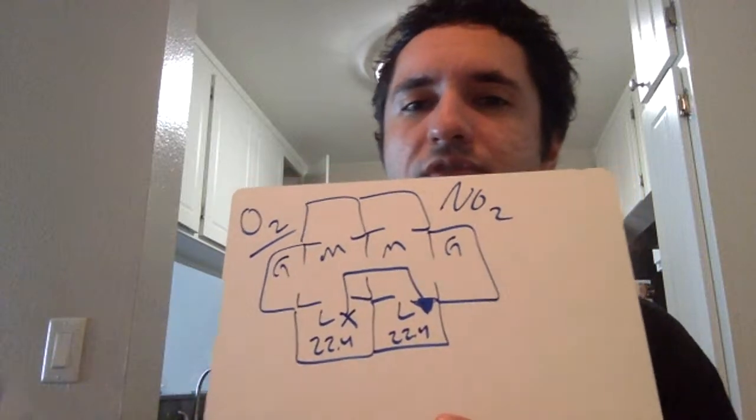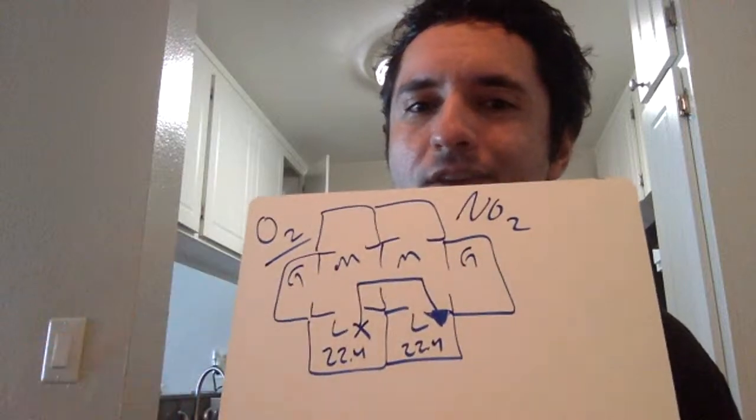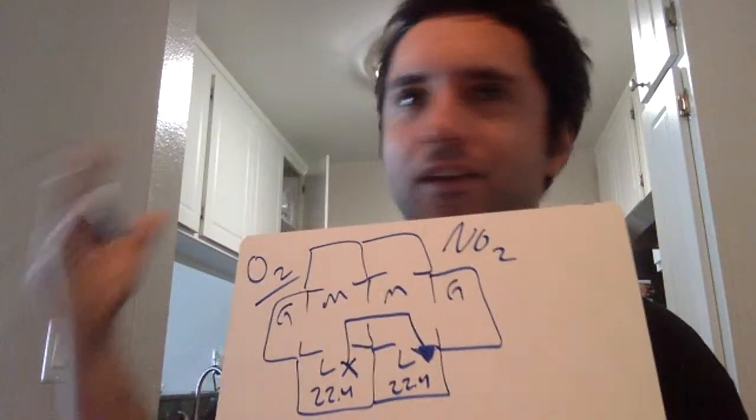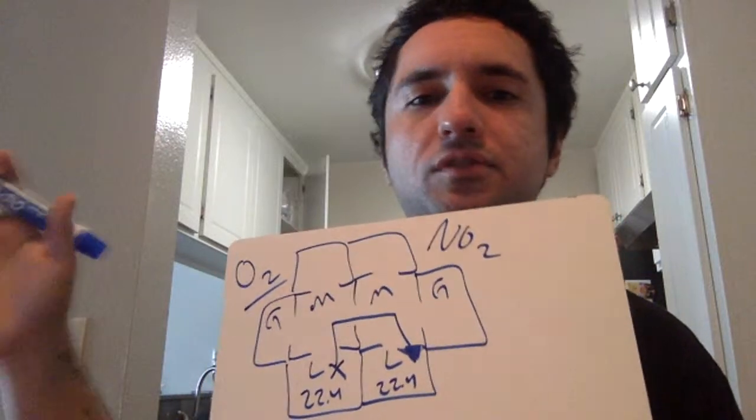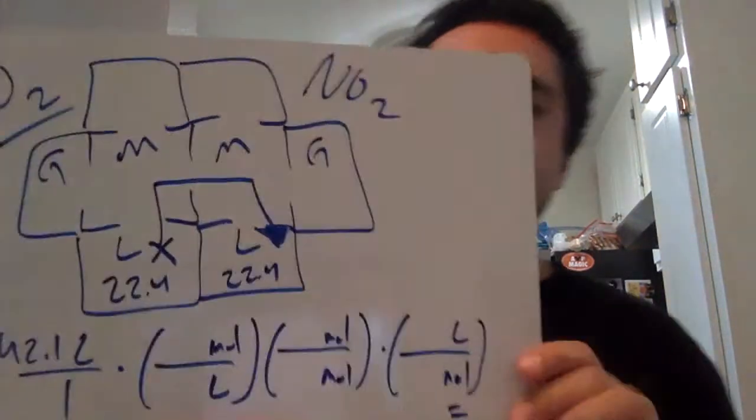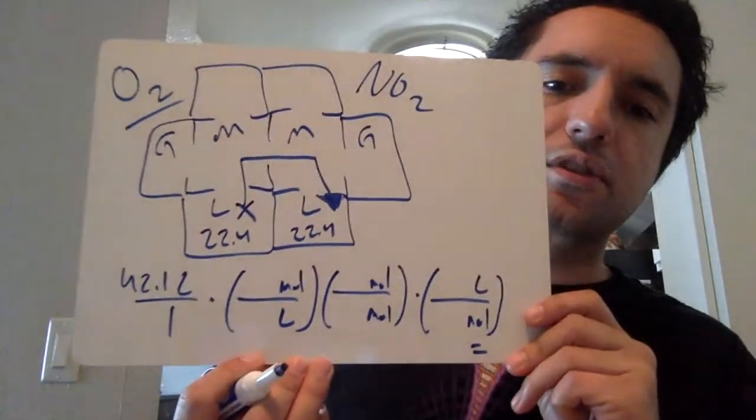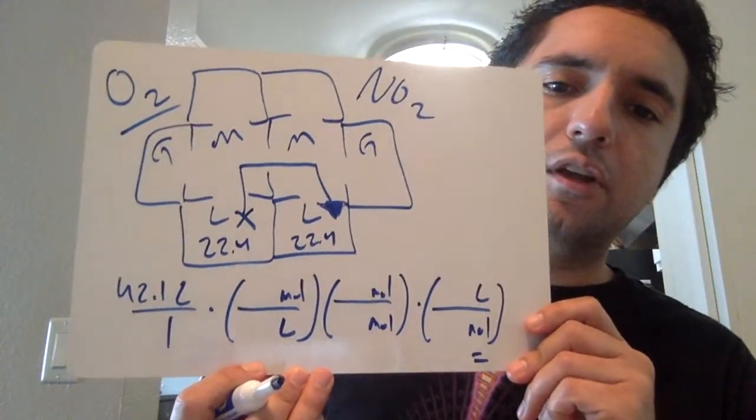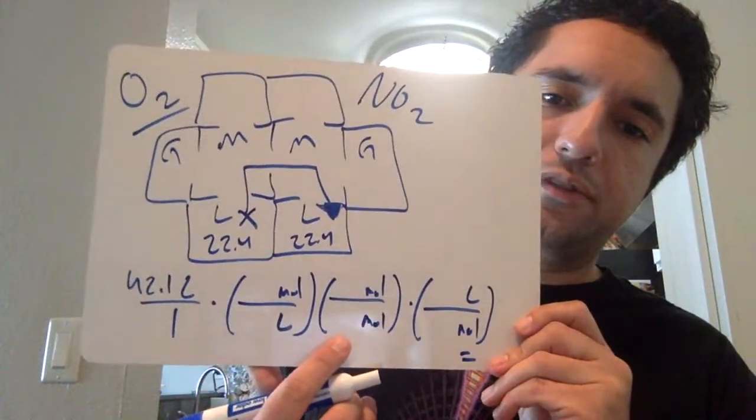The reason why this one's so quick, I'll show you the long way. If we just treat this as a normal stoichiometry problem, like before we got to any of this stuff, you'll see that a lot can cancel. You get 42.1 liters of oxygen, and first you're going from liters to moles, then from moles to moles, and then from moles to liters. There's the bare bones of it: 3 doorways, so 3 fractions. But